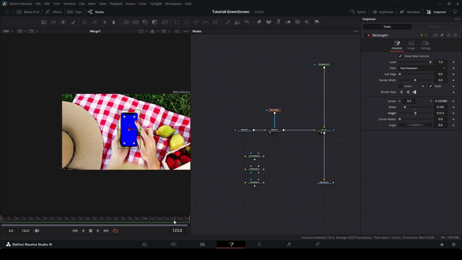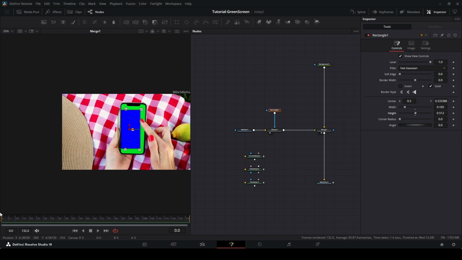The problem is the phone does move around and changes sizes a bit, so we have to keyframe position and scale or dimensions. So we could do this manually by setting a keyframe on center, height, and width,